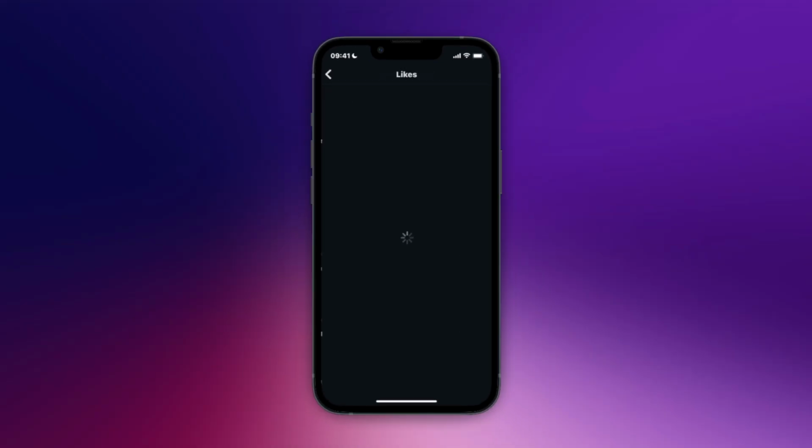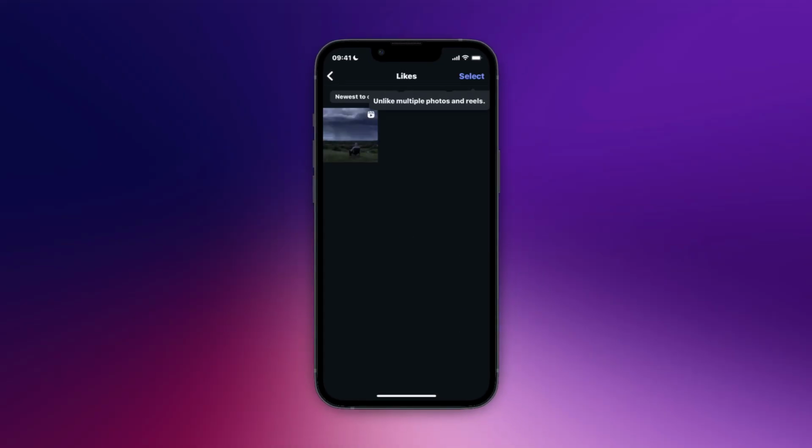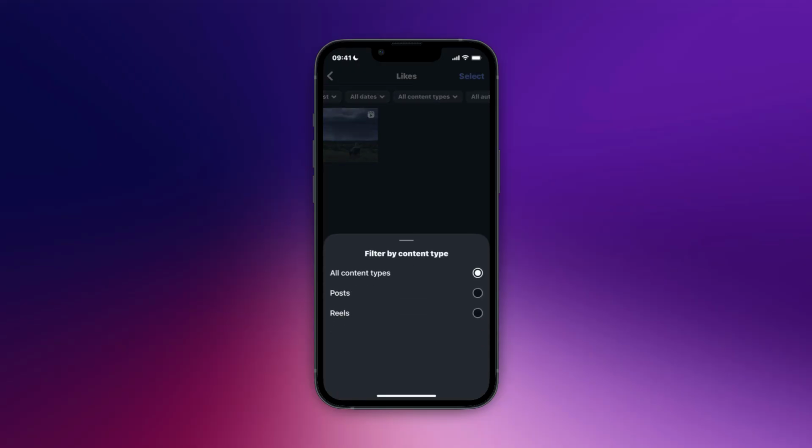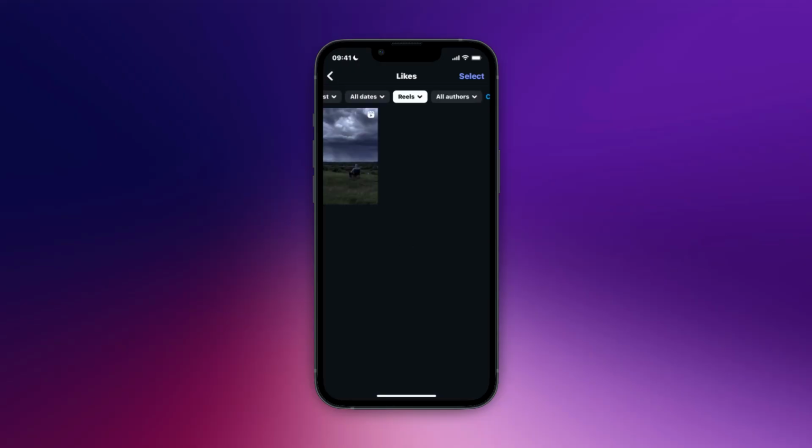tap on likes. Now from here, you'll be able to see all the videos, all the reels that you've liked, and you can also select, as you can see, all content types and select only reels. So maybe you've liked some reels that you want to see again, and you'll be able to see them from